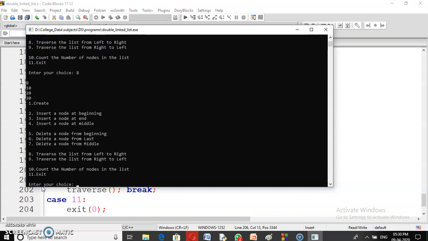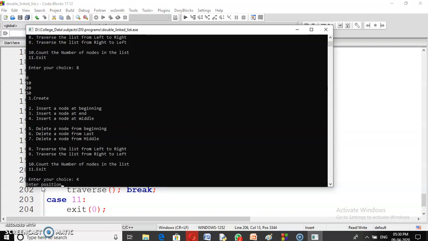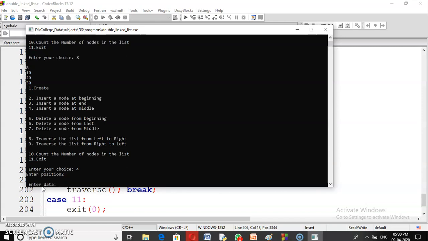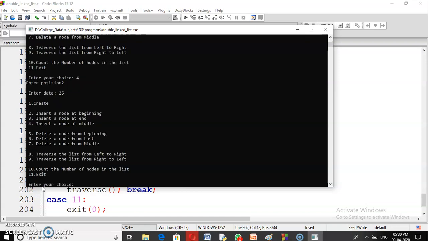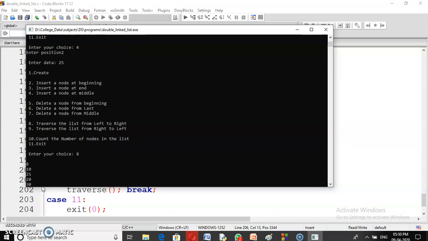Next, again get the menu. Then we will try to insert in the middle. Option 4, and give the position. Say for example 2 is the position. Enter the data, say for example 25. A node is added. Then we will see whether it is properly added or not.